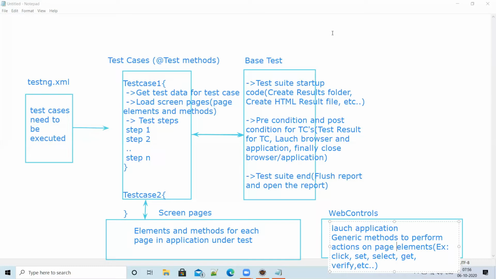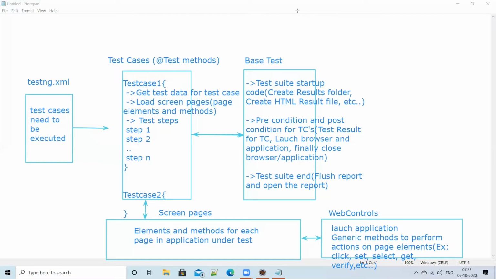So here you have connectivity again. This is another one. Other than all these things, what other files do we have? We have the reporting library, and working with Excel, like reading data from Excel.